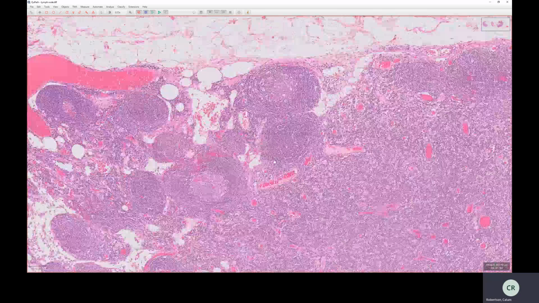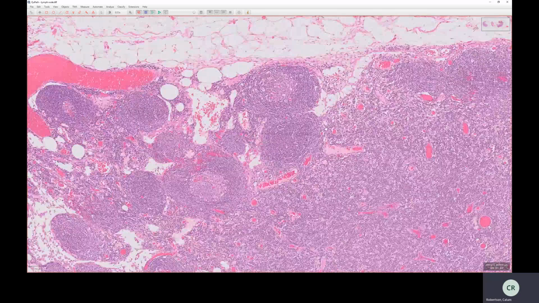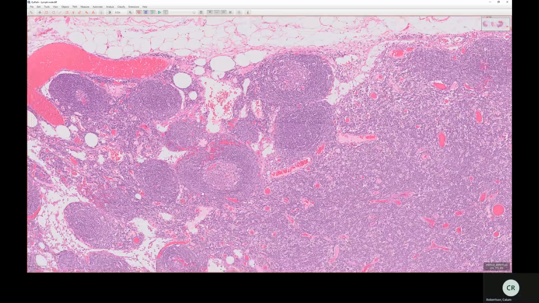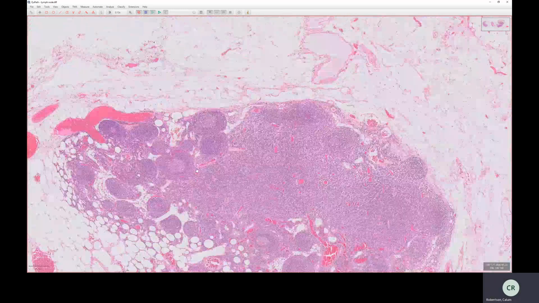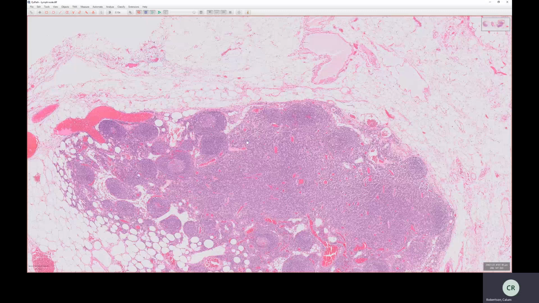And at the very edge, there's also a marginal zone. However, you need immunohistochemistry to pick that out. I don't think it's possible on H&E to tell where the marginal zone stops and the mantle zone begins. But they are the different zones, and then there's the paracortex with T cells in it,